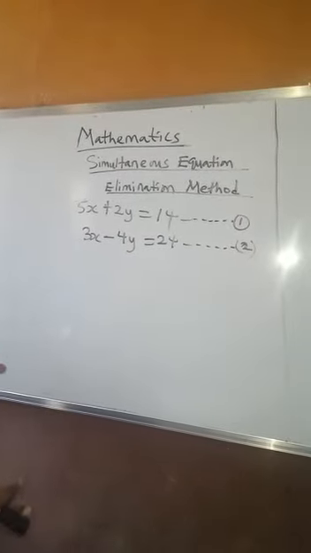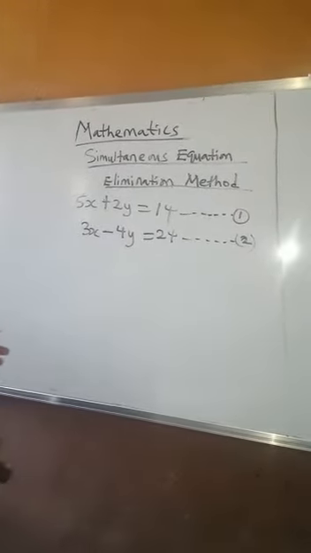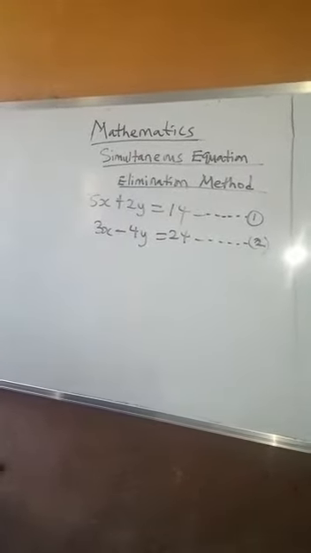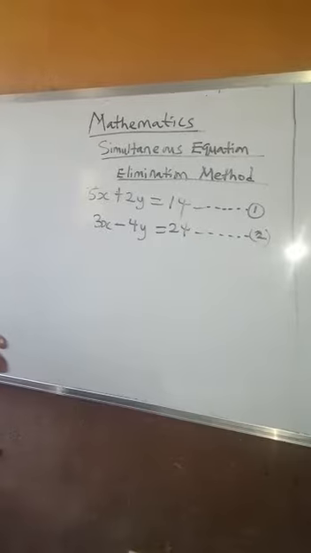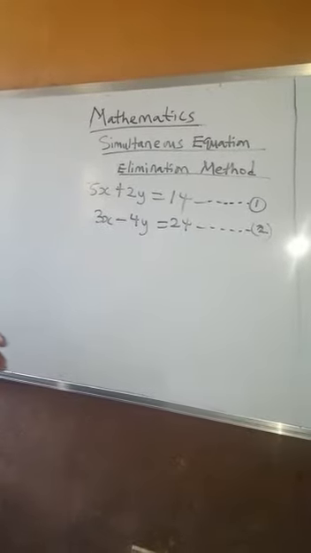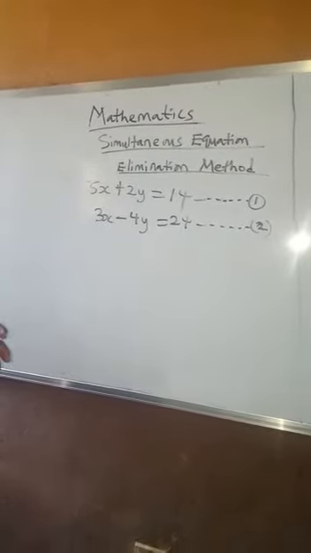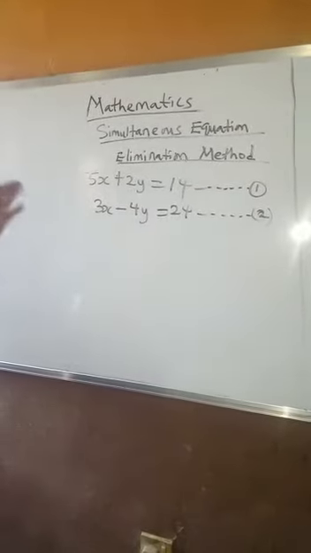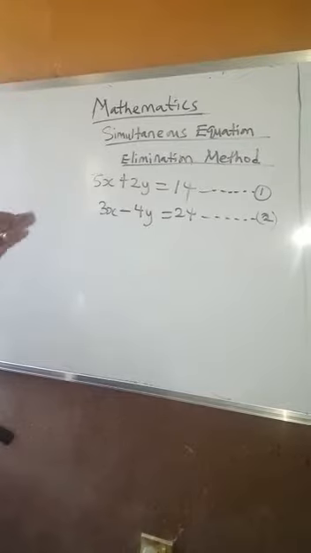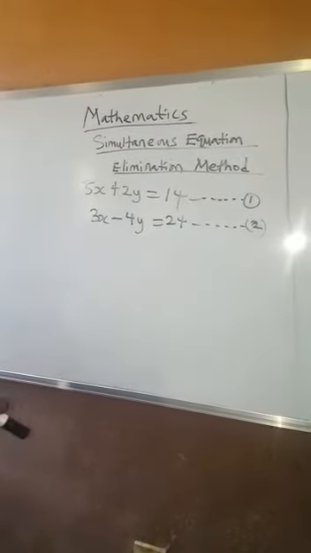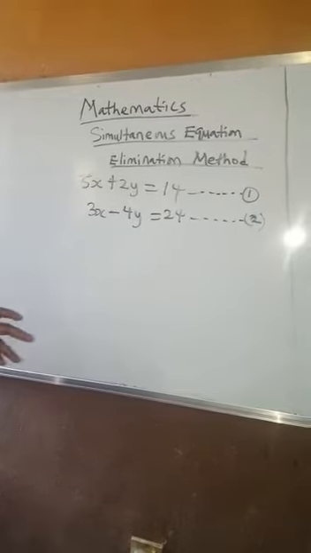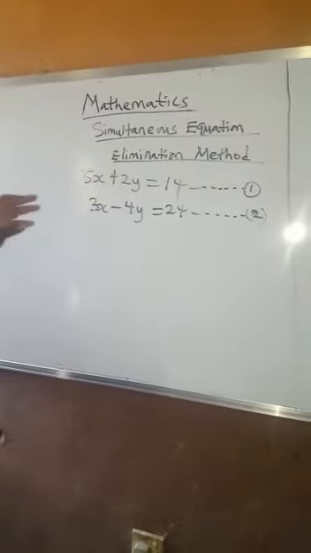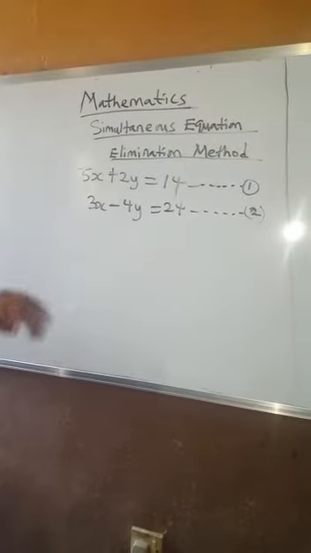Simultaneous equation is a topic we want to look at today. It is one of the topics that has been so cumbersome for students to solve. But now I'm going to break it down while solving it. That is, we look for the values of x and y together. Next time I'm going to teach this topic, we are going to look for three unknowns, x, y, and z. But for today, we are going to solve for x and y.